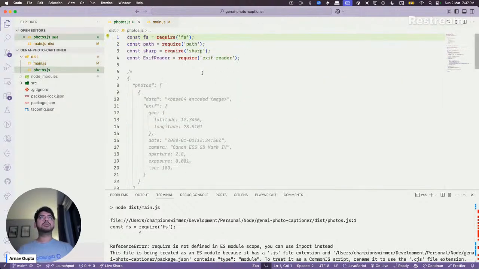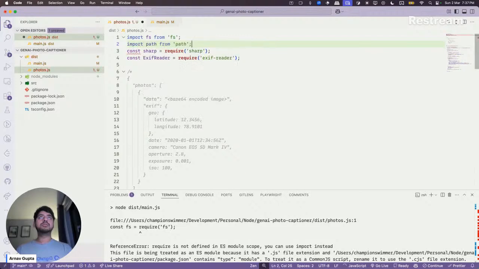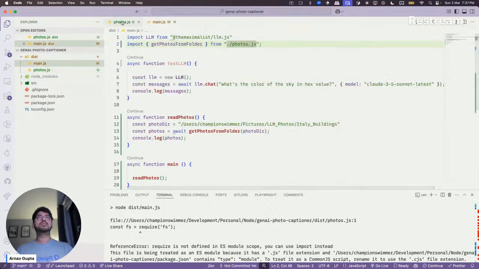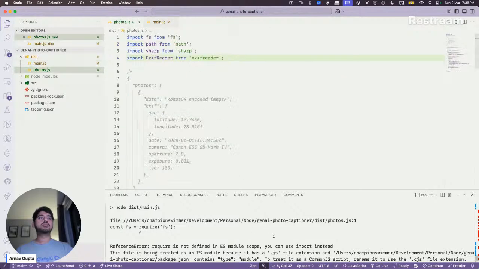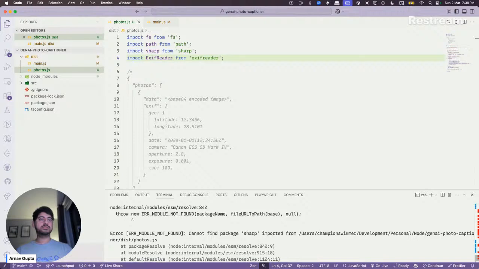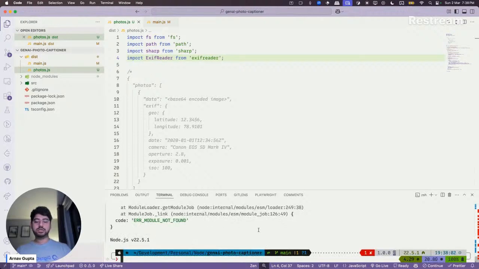The same problem there. Okay. Does that work? Not installed Sharp.